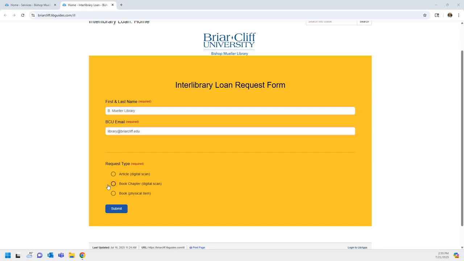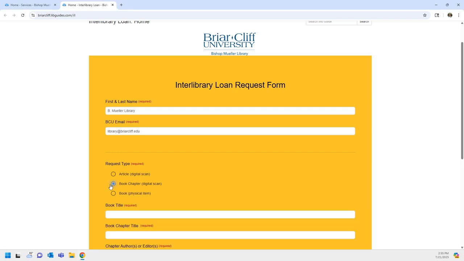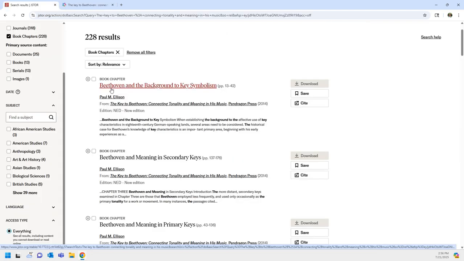Next, let's look at requesting a book chapter. This will be sent as a digital PDF scan. For our example, we will be looking at the record within JSTOR as well as the library's catalog through the Everything search box. From the search results page within JSTOR, we can see our book chapter as well as the